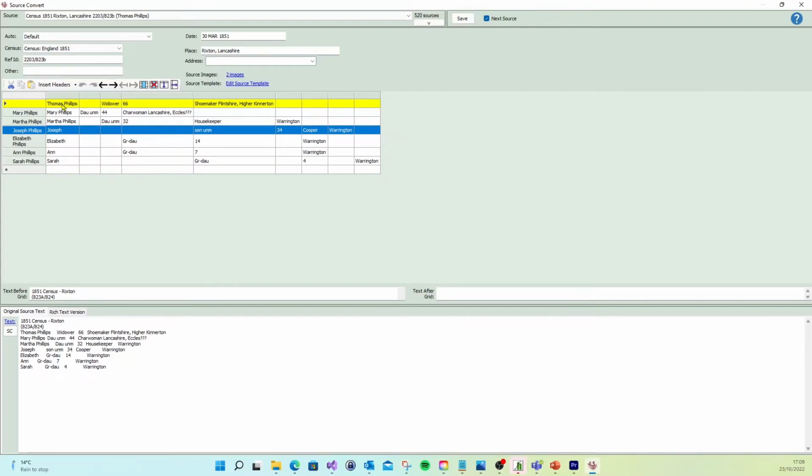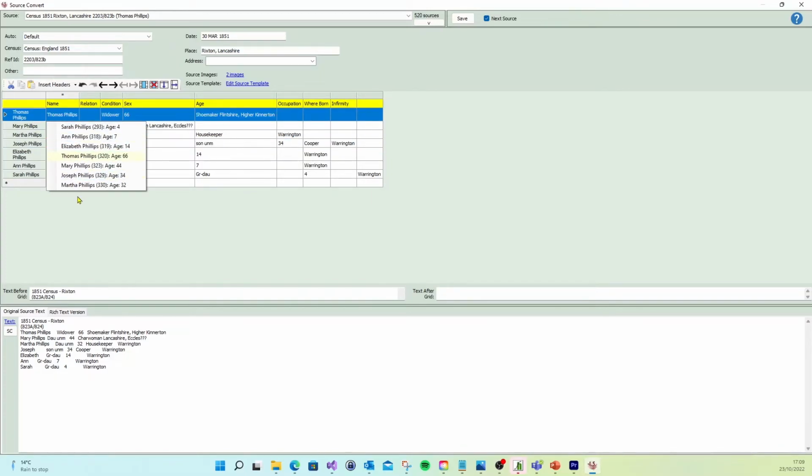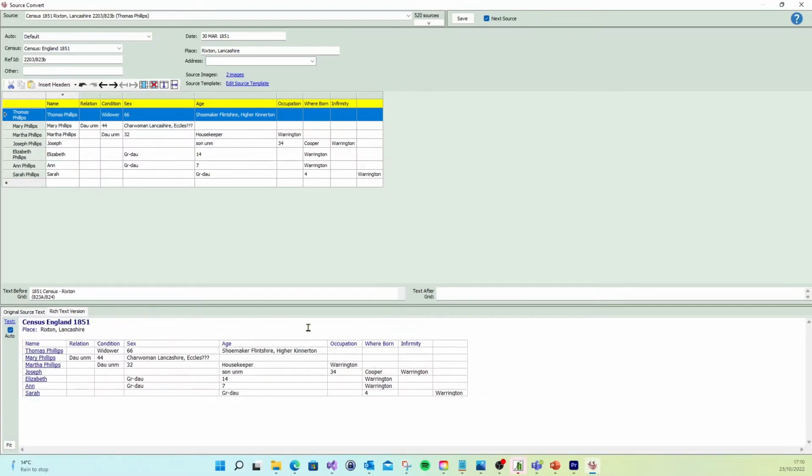So the first thing we'll do is use the Insert Headers button, and that's inserted in our 1851 census headings. And now it has correctly recognised Thomas Phillips. All members of the family have been identified. So what we can now do is use our tools that are available to us across the top here to move the items around in the grid to sort out this formatting issue. And at the bottom here we'll be able to see the rich text as it changes to